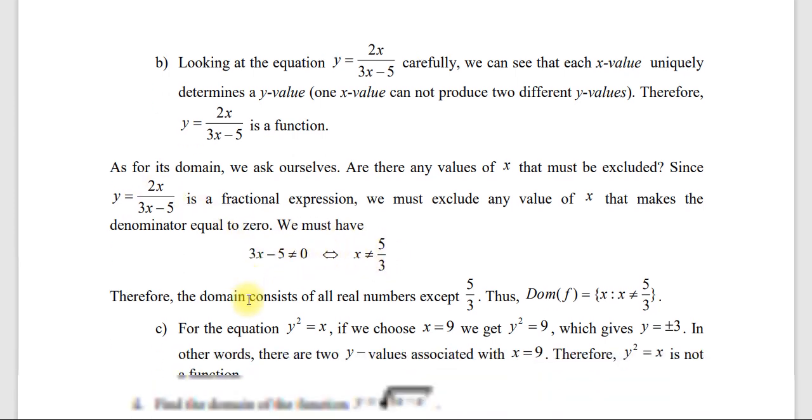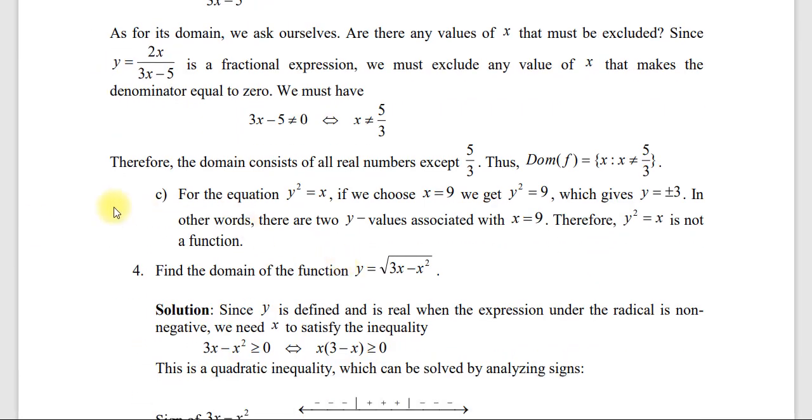ስለዚህ ዶሜኑ ምን እንላለን? All real numbers except 5/3, because 5/3 undefined ያደርገዋል ይሄን ፋንክሽን ማለት ነው። ስለዚህ ከ5/3 በስተቀር ሁሉም ሪል ነምበሮች ዶሜን ሊሆኑ ይችላሉ። በዚህ way ነው እንግዲህ መረዳት ያለብን። ሲ ላይ ደግሞ for the equation y square